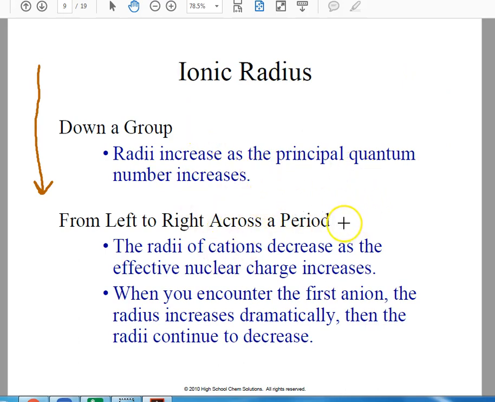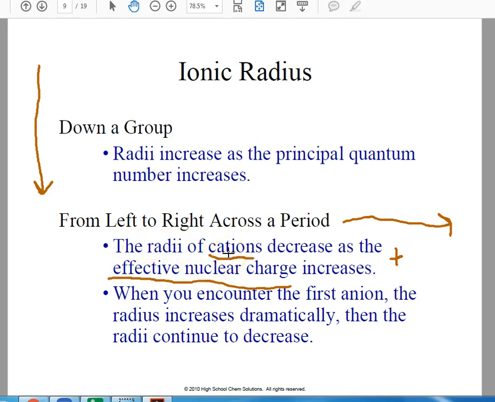As we move left to right, if we're looking at cations, the radius will decrease because the number of protons is increasing. And that's what it means by effective nuclear charge. The nucleus has the protons in it. So as the number of protons in the nucleus increases, the radius will decrease